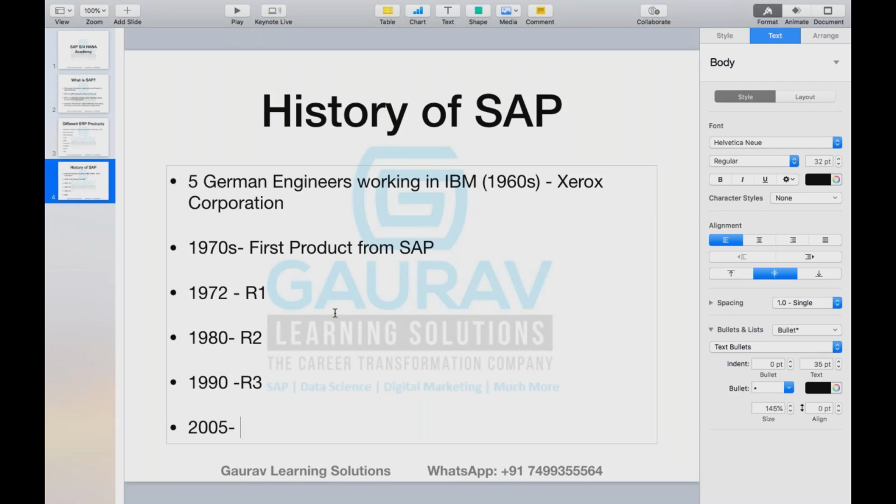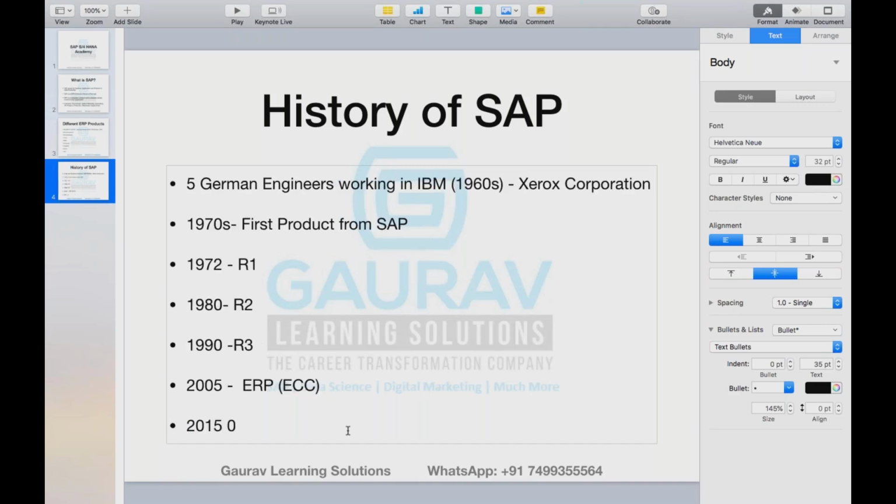Okay, the name is ERP, although R3 is also ERP. It doesn't mean that ERP was developed in 2005. Even R3 was ERP, so they said in 2005, the product they came up with is ERP, which is also referred to as ECC. Most of the customers today who are using SAP are using SAP ECC. In most of the companies, if you go for consulting, you will find that most of the customers are using SAP ECC today. Okay, and in 2015,